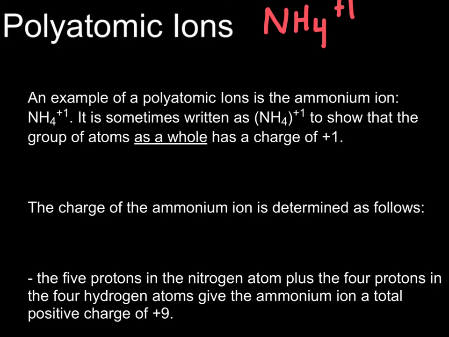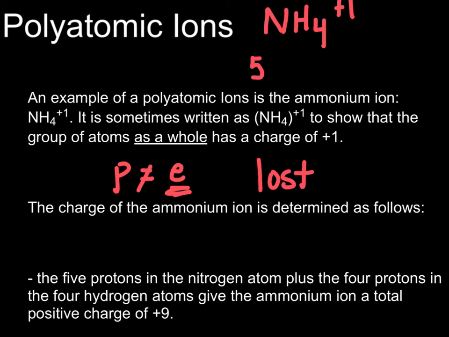You want to remember, to get an ion, we change the number of electrons. Typically in a neutral atom, the number of protons is equal to the number of electrons. But in an ion, they're not equal; they're different. We can't change the number of protons, we can only change the number of electrons. So to end up with a positive charge, electrons have to be lost. Okay, so if we look at the ammonium ion,